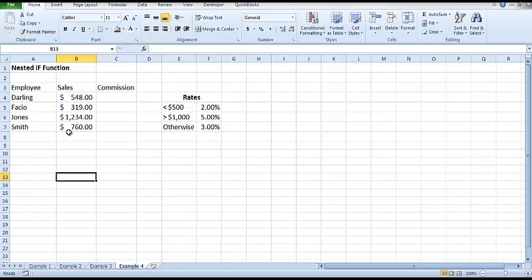So in this example here, I have employees who have sales and commission rates. If their sales are less than $500, they get 2% commission on their sales. If their sales are over $1,000, they get a 5% commission. If it's anything in between, so 500, 600, 700 to 1,000, then the commission is 3%. So I have more than just my true false. I have more than just two statements in my if function, so I'm going to need to use a nested